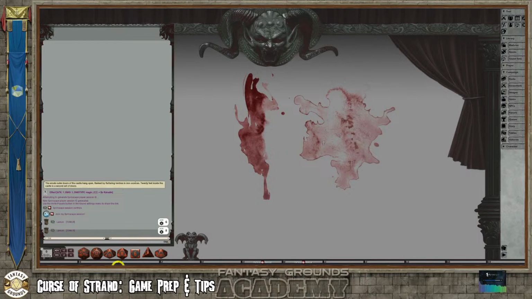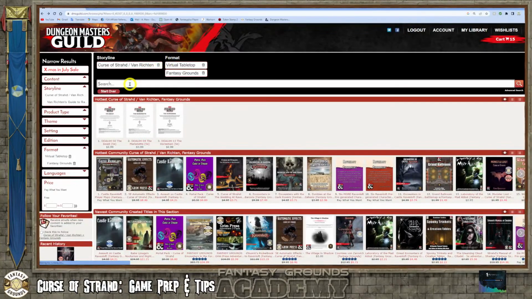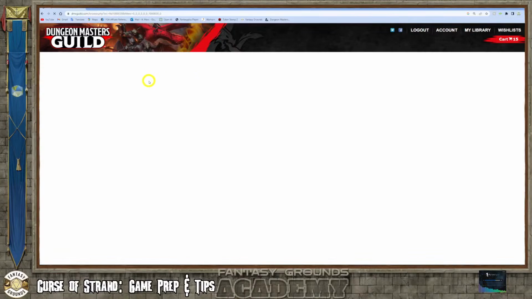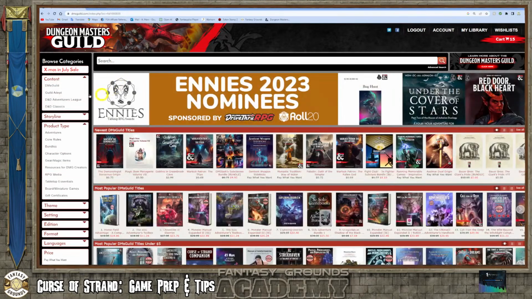But take a look at your options, and then run the Death House or the Death Curse or whatever it is. I was going to look for that. So Death House. I want to take off these filters, in case it's not in Fantasy Grounds. I think it is, but I don't remember. I mean the community content, not the adventure. The adventure's already there. I just want to see what the map looks like, if there is any. So I want to go to Death House,